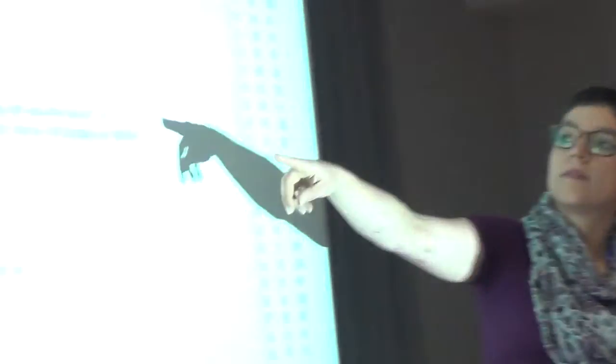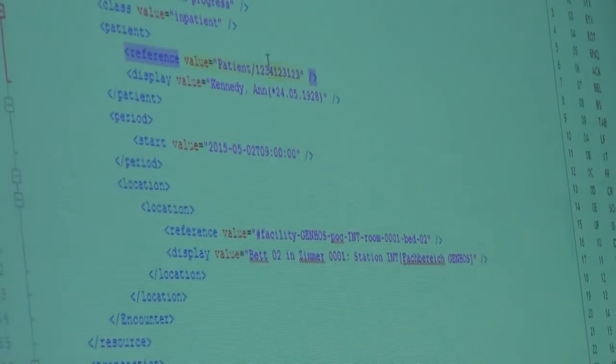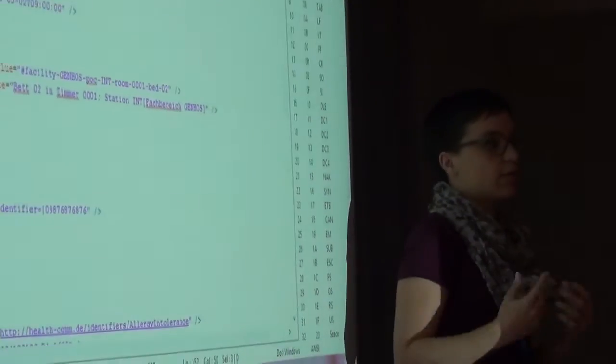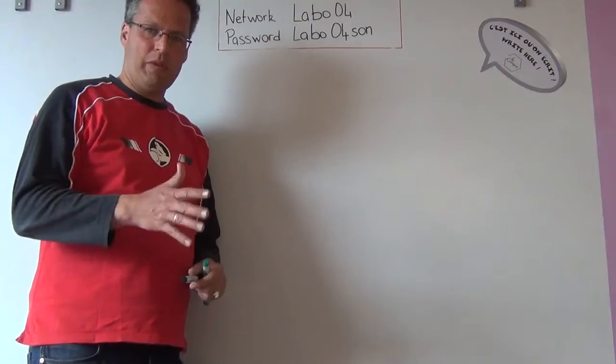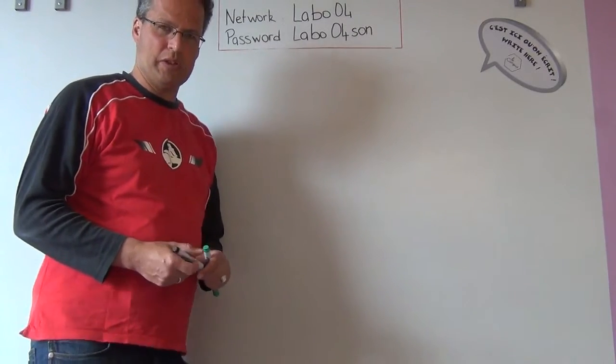So here we have the identifier that we made up, and in this transaction the server has to replace this made up identifier with the actual identifier that the server assigned in the patient transaction. So if you start looking at some of the issues that you encounter when you do the translation, then first